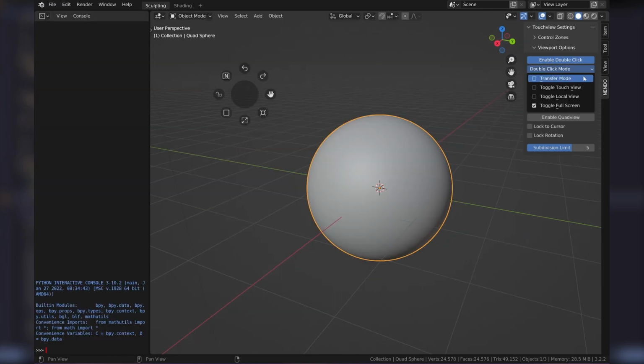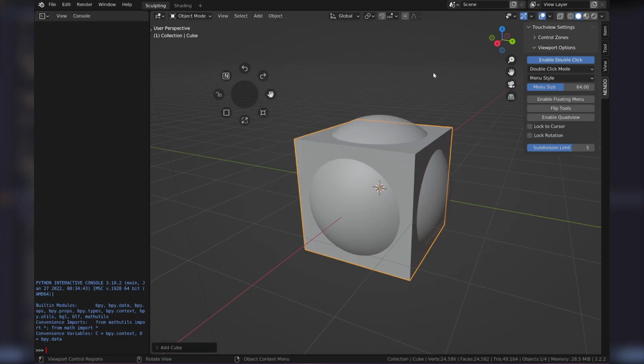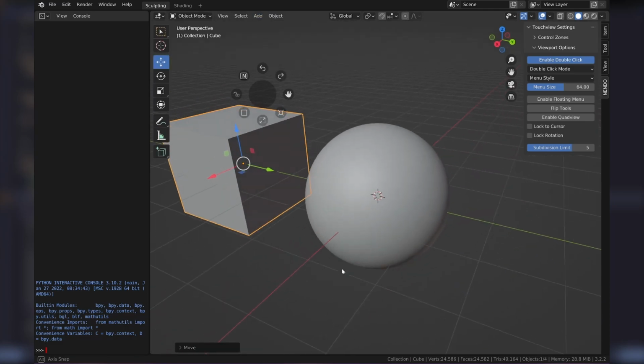We've got a couple other options like transfer mode, toggle touch view, and local view, but I prefer using this for full screen. And what I plan to do is use transfer mode as the default right click action. It's not useful in object mode, but when you're in sculpt, it makes it easy to toggle between objects in the scene. So let's go ahead and get a cube in the workspace, and then we can see how this